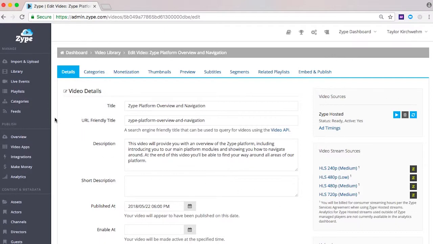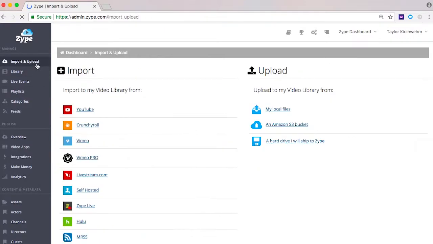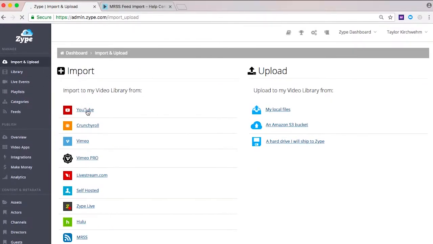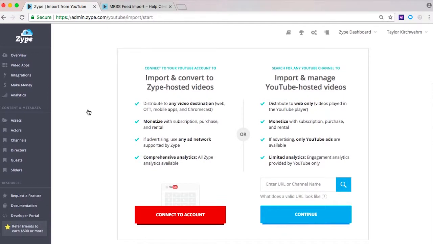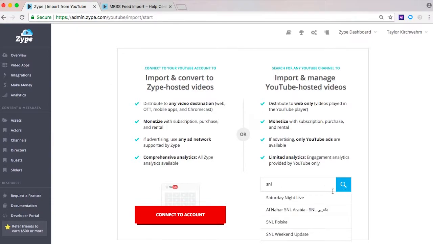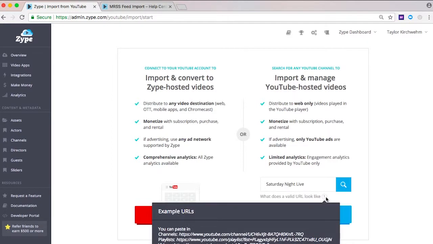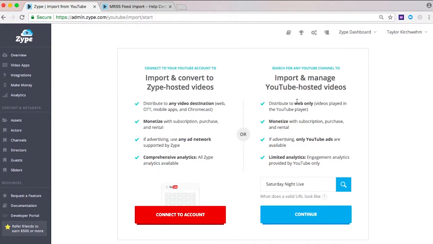Returning to import and upload, if you import from YouTube, you'll first want to connect your YouTube account to ensure that content is available on web as well as OTT endpoints. If you do not authenticate your YouTube account, but instead import individual YouTube videos, you will not be able to render these videos through the Zype player, and therefore you will not be able to display them on anything outside a web page. So if you want your content to show on applications at any point, you'll want to connect